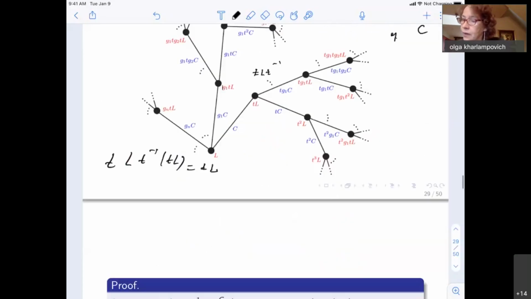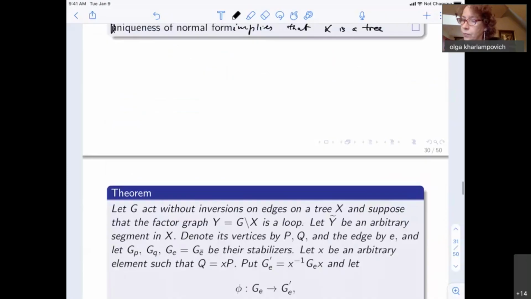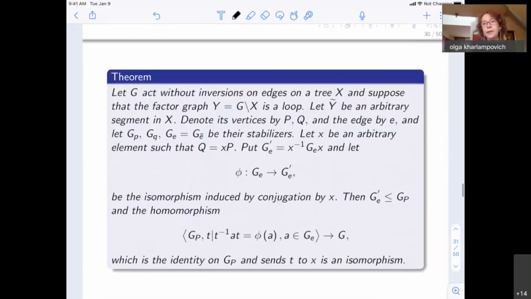And conversely, I'll skip the proof. The fact that this is a tree follows from the uniqueness of normal forms of elements of the HNN extension. And then the converse is also true. So if a group acts without inversion on edges on a tree X, and suppose that the factor graph is a loop, like this, one vertex and one edge, then